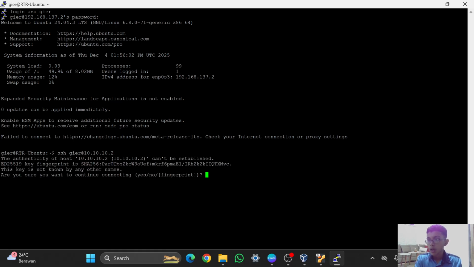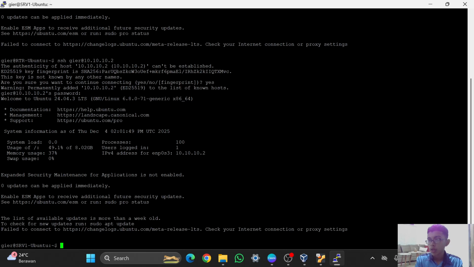For are you sure you want to continue, you can just type yes. It will continue connecting, then enter. And for this one, it is the password of my user. It is this one. And right now, I have successfully remoted server 1 Ubuntu from the router Ubuntu on PuTTY.